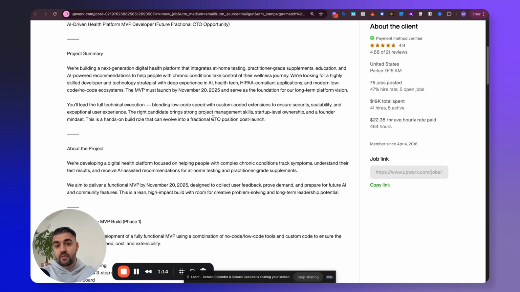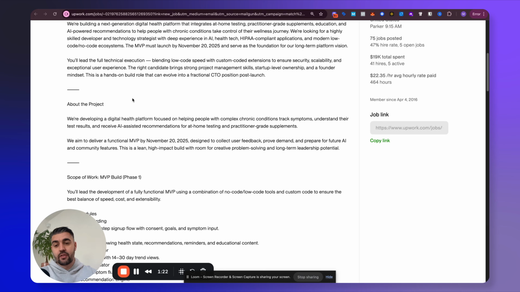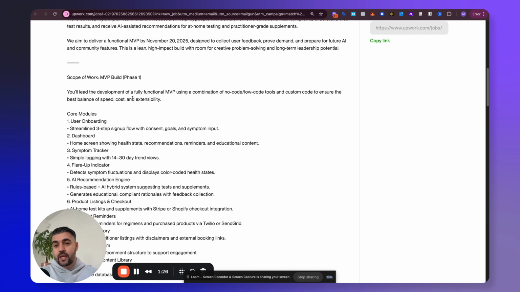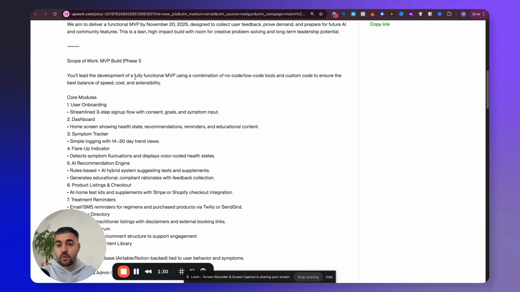I have no issue with that, and I love the fact that you're focusing on digital health, because health in general is a major... I mean, if you don't have your health, you have nothing. So we share a similar passion in that regard. So we can have the functional MVP by November 20th, no doubt, as long as we move quickly.